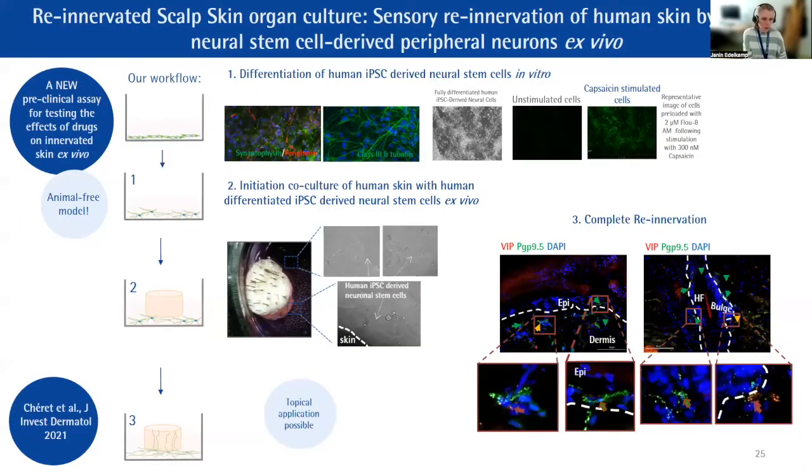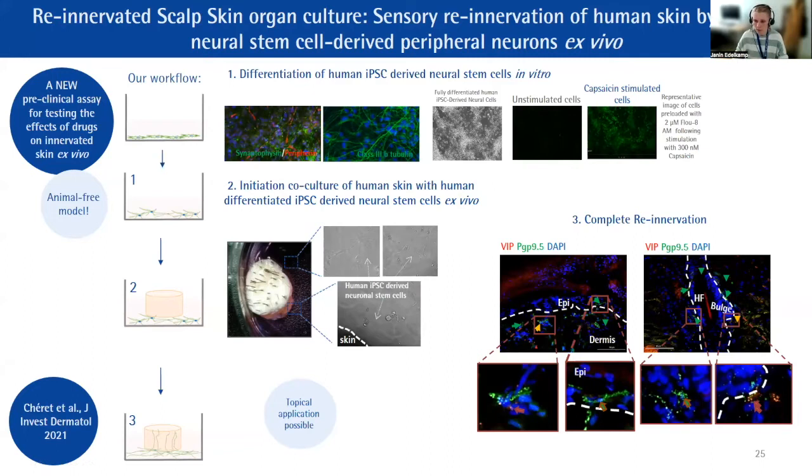One of the limitations of these models that I have been talking about is, of course, that we take it out from the body and then the skin is not connected to innervation or blood supply anymore. So in order to overcome at least this problem with the innervation, there are now re-innervated skin models available. And we can innervate this model with human iPSC-derived neuronal stem cells. And fibers are generated that actually re-innervate the hair follicle on the same trails of the